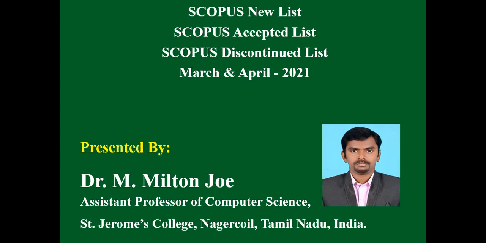And we do not know which journals have been accepted into Scopus recently. So we do not know what journals or titles were accepted for Scopus indexing recently. So in order to avoid all these confusions, Scopus has combined all these things and started to release only one Excel file which will consist of all of them.